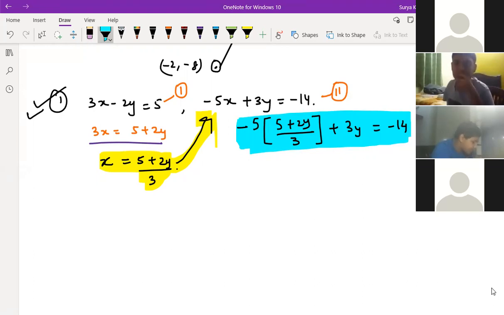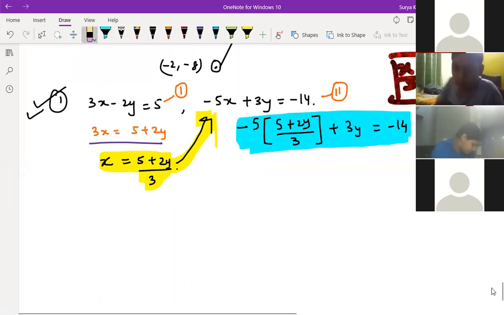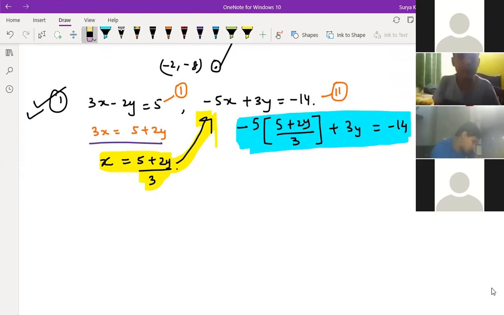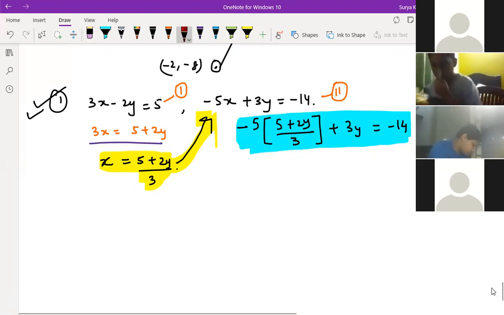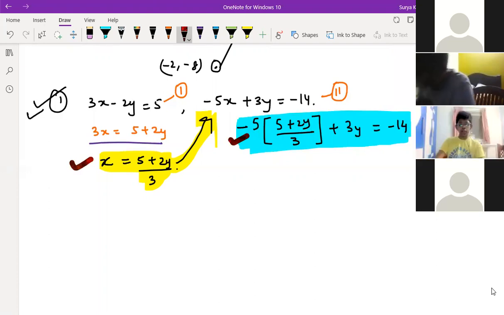No, that is only for x is equal to minus 2. You are putting something like that only for the graphical method. So we use this only for the graphical method. Don't use it in substitution. So now for the first one, this x we have to substitute into this. We find x from the first equation and put it in the second equation. Okay, sir. So all the y should be at once and all the x should be at once, right?